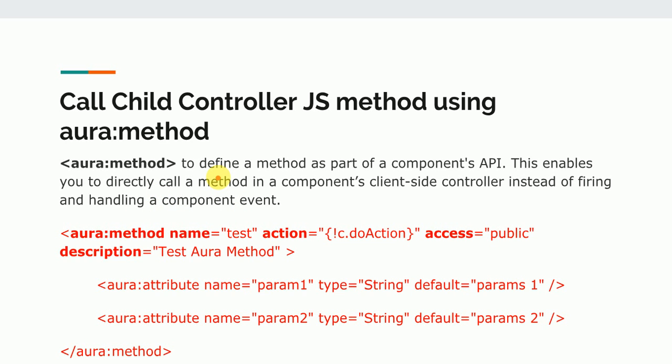This means if you want to directly call a method of a child component without creating an event, registering, firing and handling the event in the component, we can use Aura method, and that takes three parameters. One is name, the name of the method that we can provide, and then action, what action should be triggered whenever we are calling this method from the parent component, and then the access level and description.